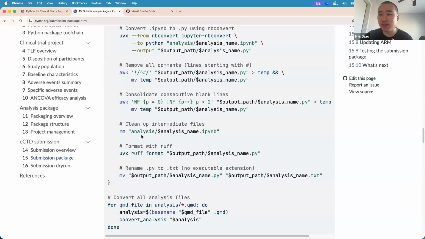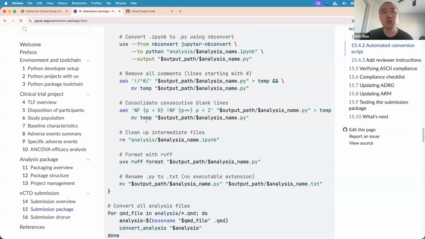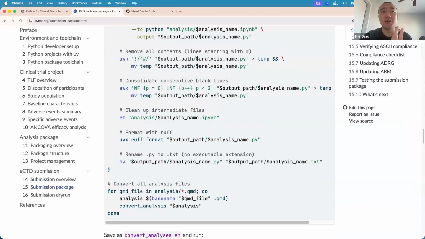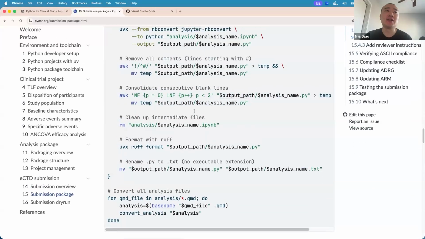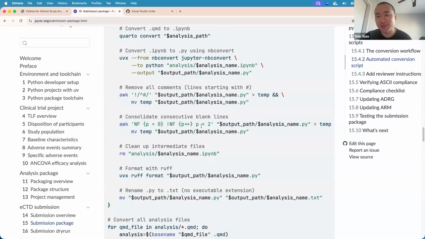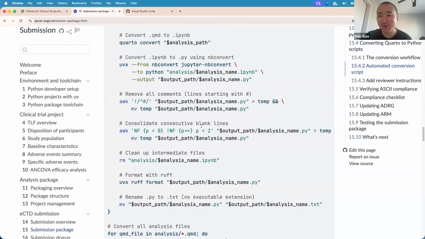There's something called nbconvert, right? If you know what I mean. And then you can do some formatting using Ruff and stripping the comments using AWK. So everything can be done through the glorious command line automation, right?